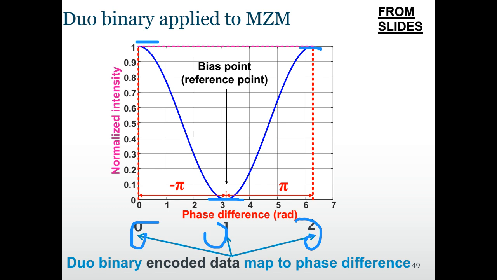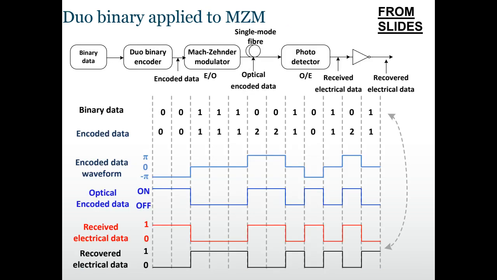Sorry. So eventually we convert the binary data to data that contain 0, 1, or 2,